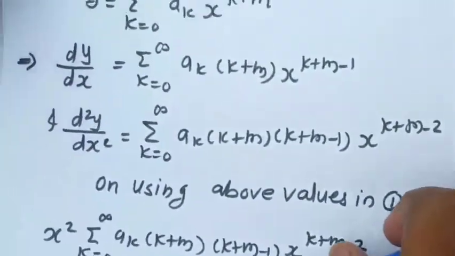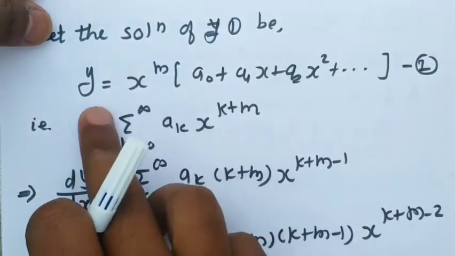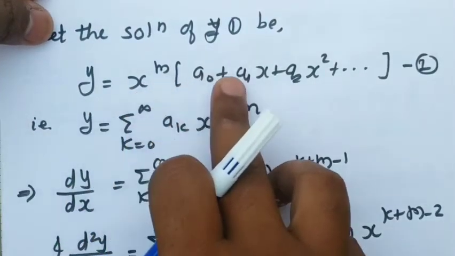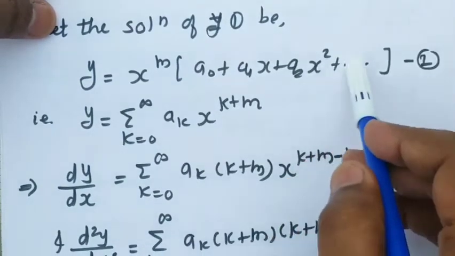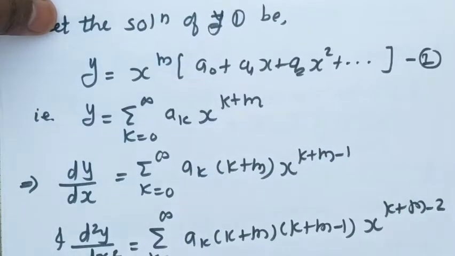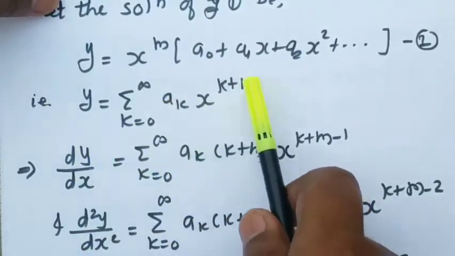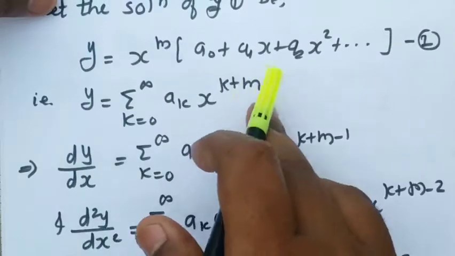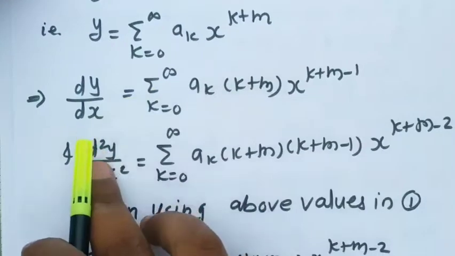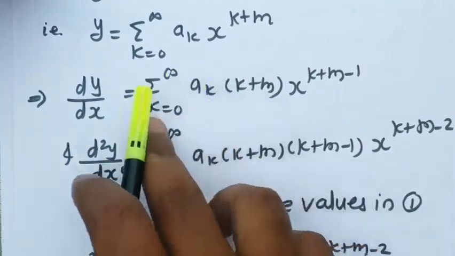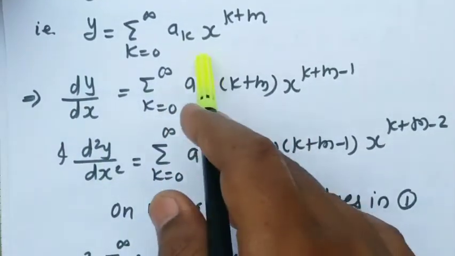Fine. So in Frobenius method, we consider the solution of the given differential equation in power series form, y equal to x raised to m into a0 plus a1 x plus a2 x square and so on. Okay, now this series can be written as y equal to summation k ranging from 0 to infinity a k x raised to k plus m. Just x raised to m I have multiplied inside. Now we differentiate this with respect to x to get another series. Again one more time we differentiate to get this series. This type of calculation we have done already in Frobenius method, in previous examples. So similar calculations we are having here also.